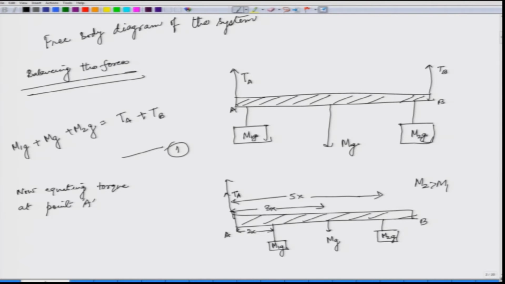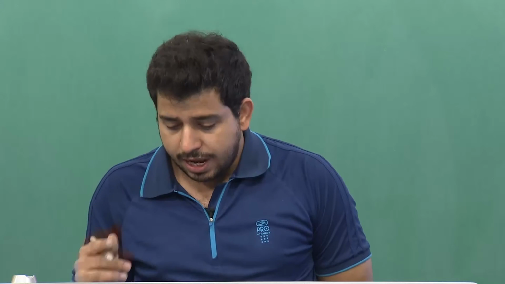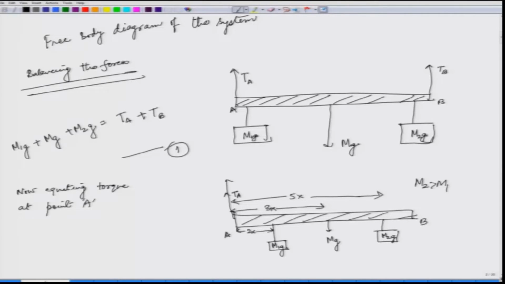So, the torque that is acting by m1g, m2g and mg, that is acting in the same direction, must be opposed by another torque, and that is the torque due to the tension at point B, that is due to T2, which is acting at a distance of 6x, that is the length of the rod. So, how can we write this?